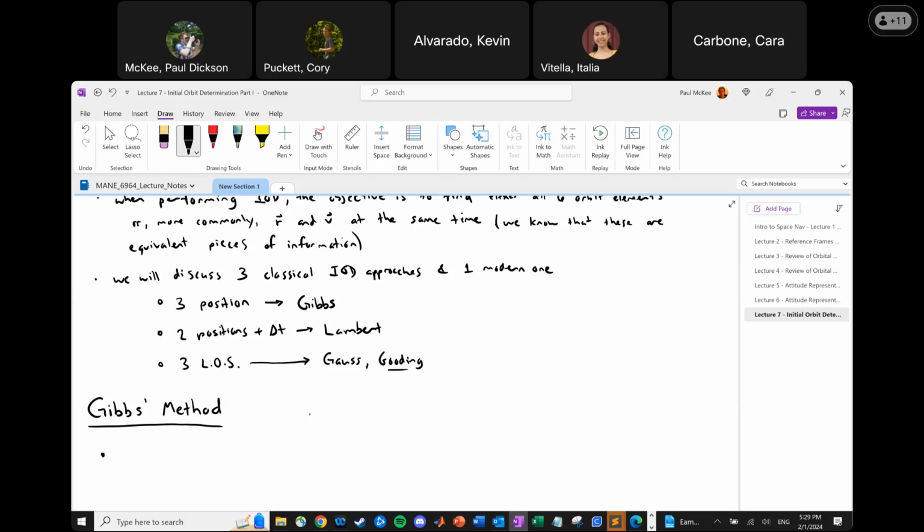Especially if y'all took orbital mechanics with Dr. Anderson, he would have at least nodded to these three methods, and they're in your Howard Curtis undergraduate textbook. I'm not sure what Dr. Singh covered, if it was these or if he didn't talk about them. But these are kind of the introduction to IOD, the three main methods that people learned. So Gibbs method was invented by Josiah Willard Gibbs,